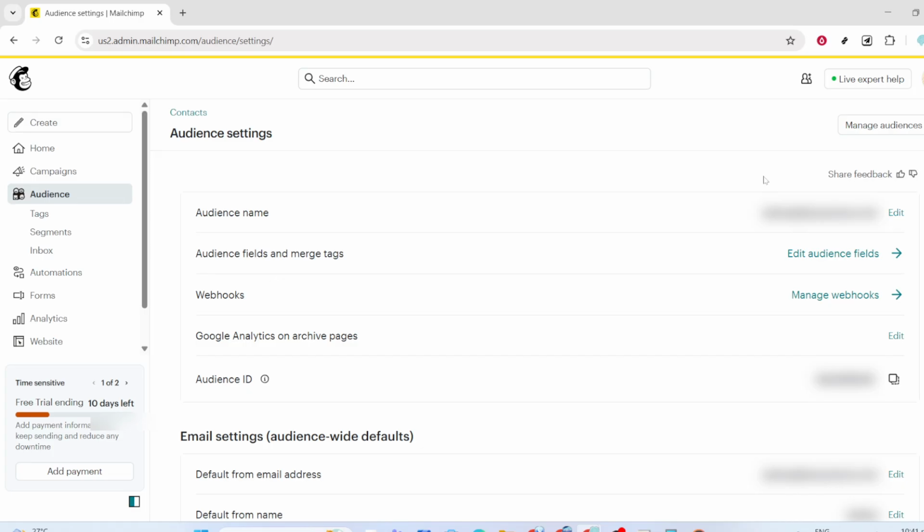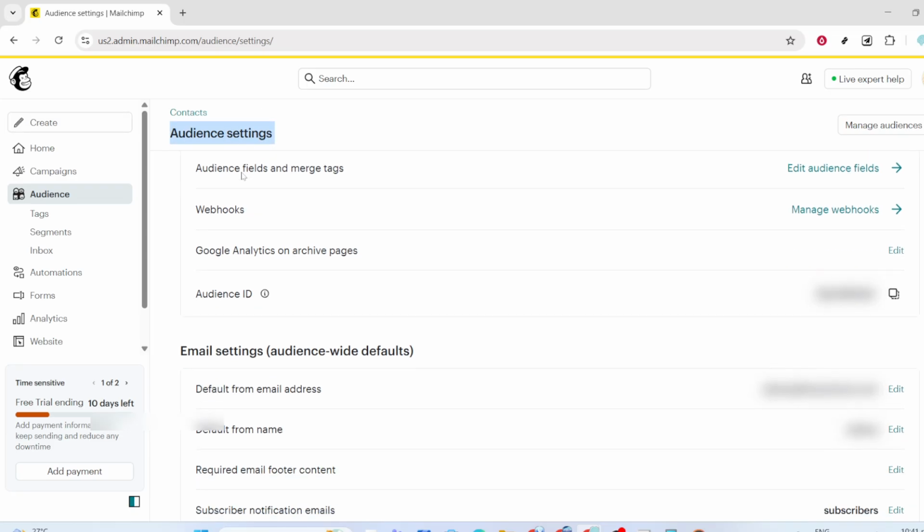Start by opening Mailchimp and logging into your account. Once you're in, look to the top menu and click Audience. This takes you to the area that manages the people you email. From here, choose Settings within your selected audience. This is where you control the defaults that apply across your messages, so any changes here help you keep everything